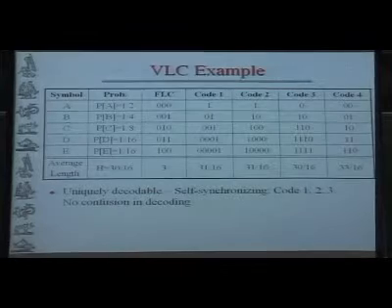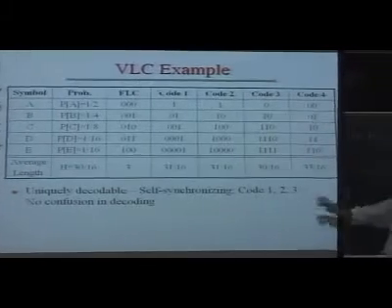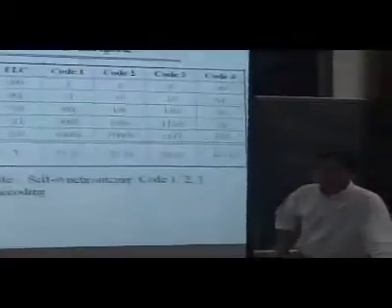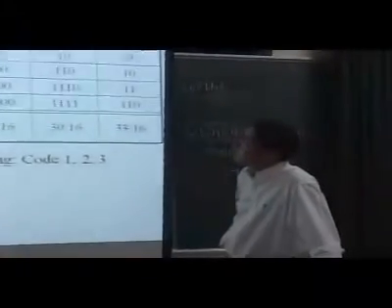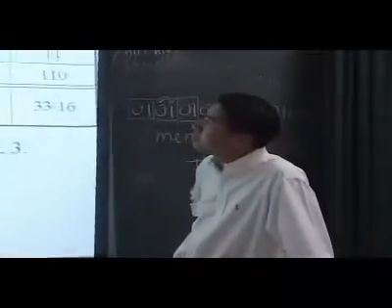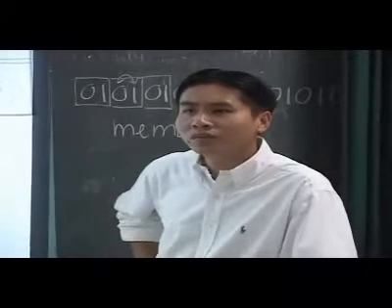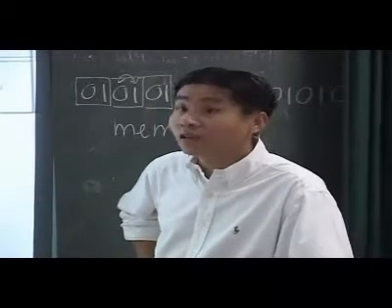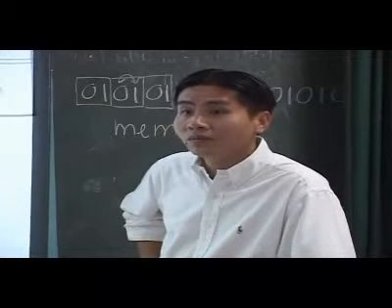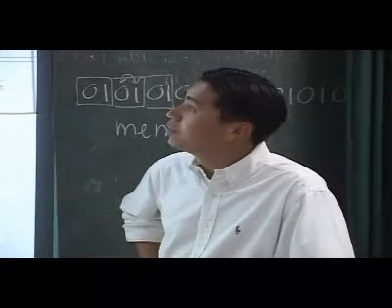However, take a look at code 1 and code 2. Now, can you tell me which one is better? Just between 1 and 2. Which one is better? 1 is better. Why? What's wrong with 2? When you receive a 1, is there a confusion in 2? If you receive the 1 request,